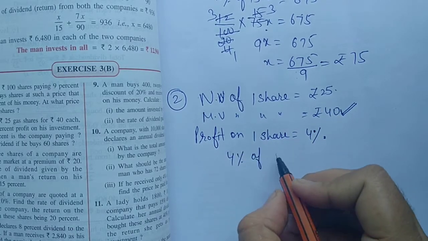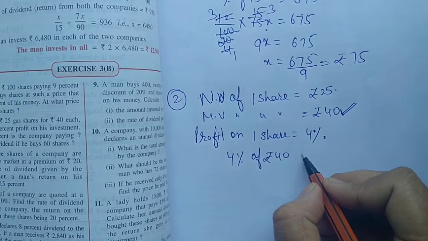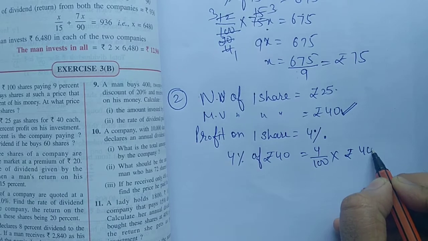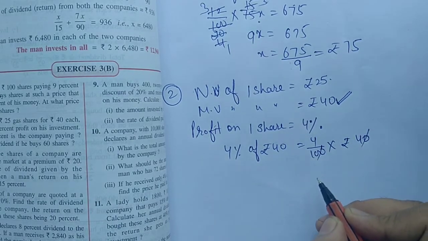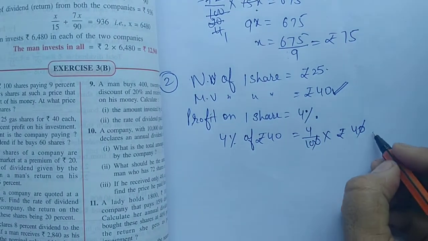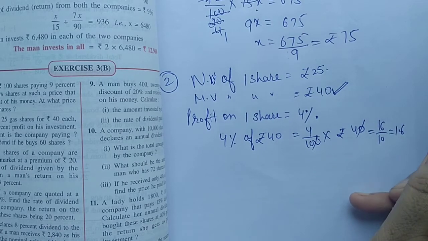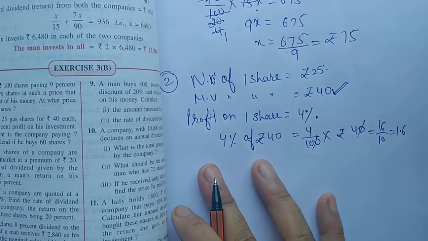4% of rupees 40 is equal to 4 upon 100 multiply by rupees 40. Zeros cancel. So it will give us 16 upon 10, that means 1.6 rupees. So your dividend will be,